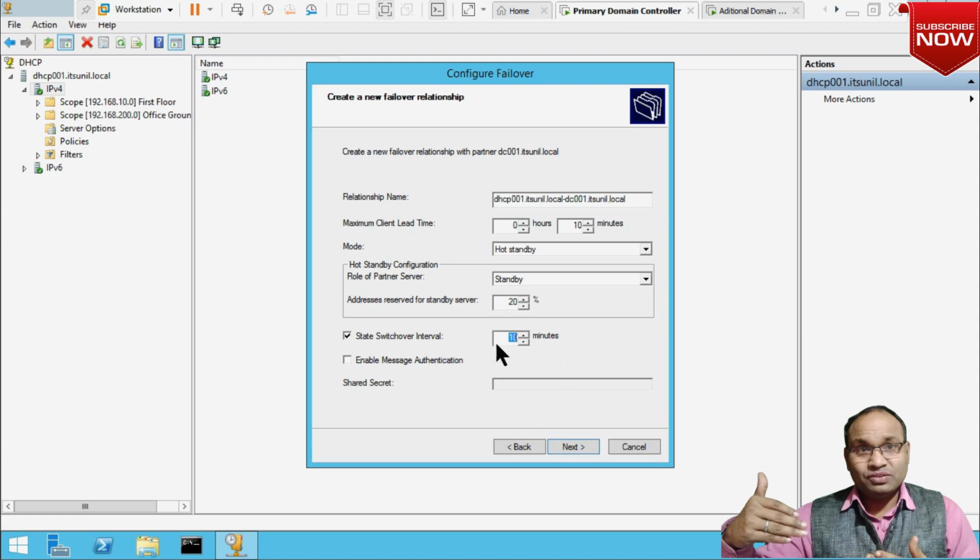After the 10 minutes interval, if the primary DHCP server does not come up, then my secondary DHCP server provides IP addresses to the clients. Click next.